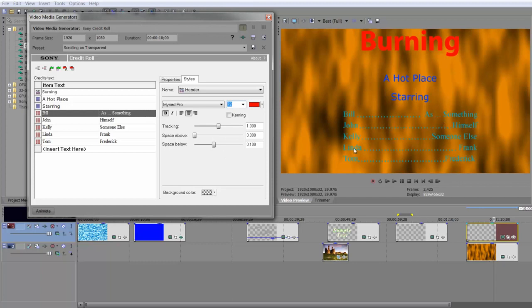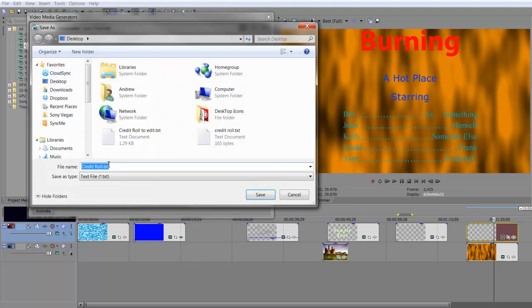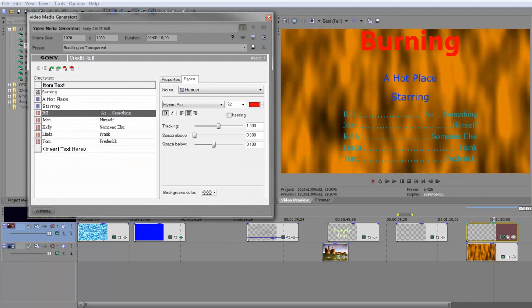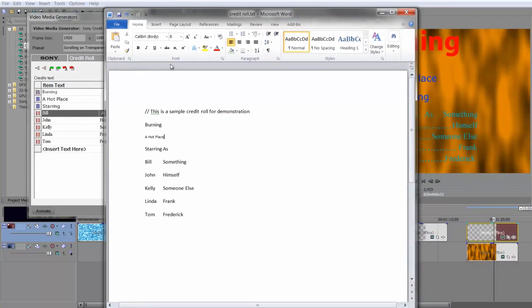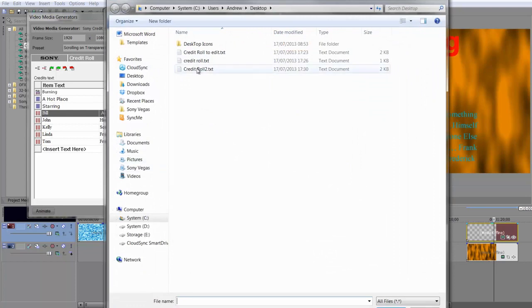And then if you want to export it, say actually I want to re-edit this, however it might be, I can go to export it, call it Credit Roll 2 perhaps, and then click Save. This is going back to my desktop. However, I just want to show you when I import it, it's going to be slightly different. So if I go File, Open, and I go and find that one, Credit Roll 2, and I double click to open,